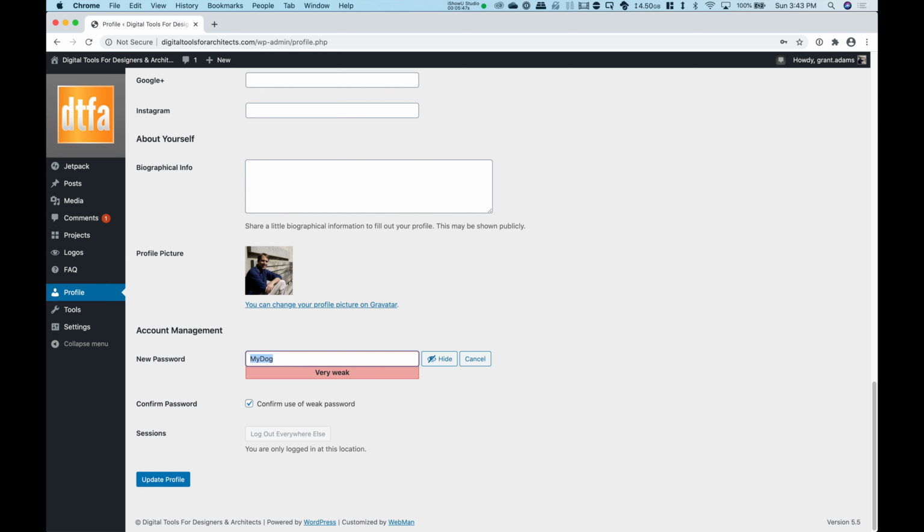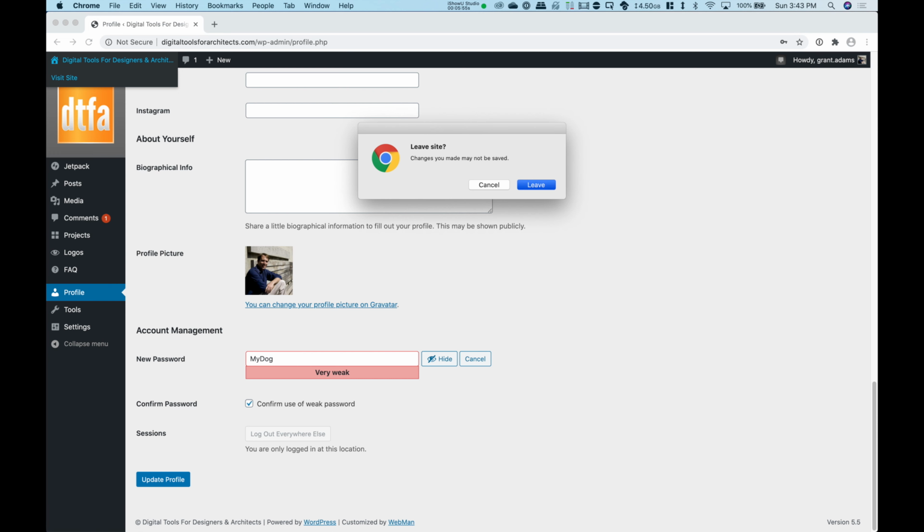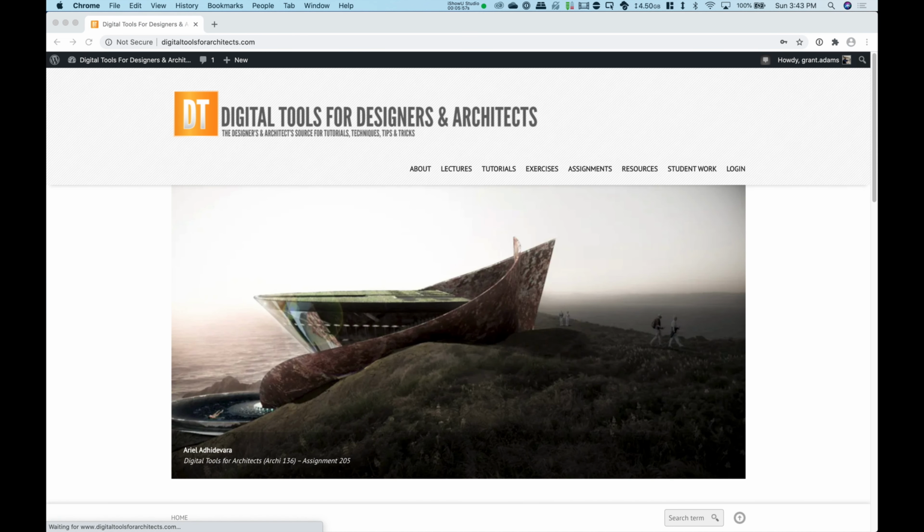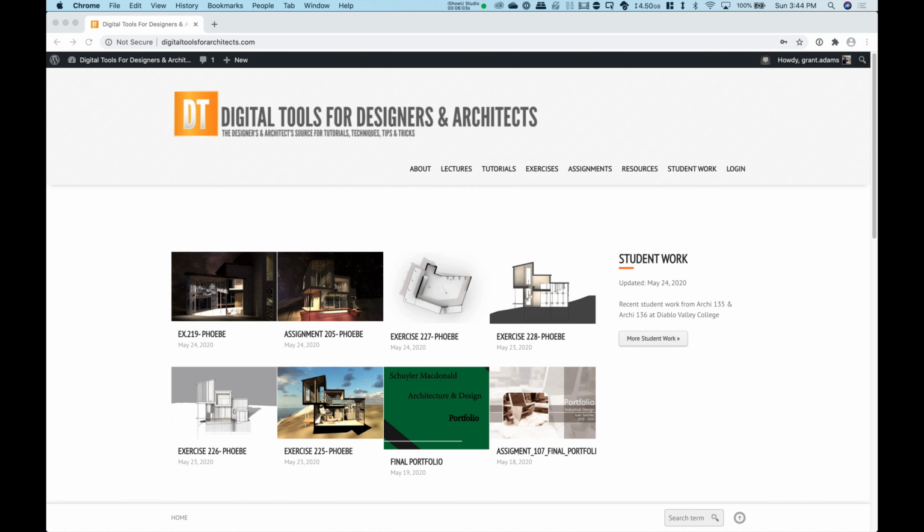I'm going to go back to the main site, and I'll do that up here in the black ribbon across the top. I'll click right over here. The drop-down says Visit Site. We can leave those changes right now. And this brings us back to the actual course website, the front end of the course website. The black bar right here at the top is indicating that I've actually logged in, which is a good thing.